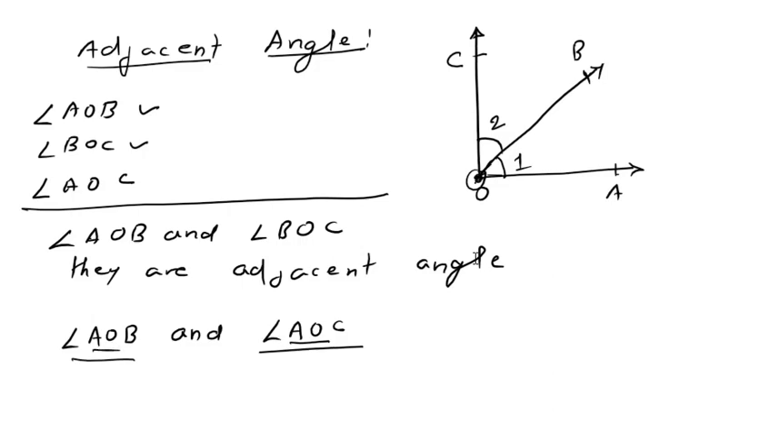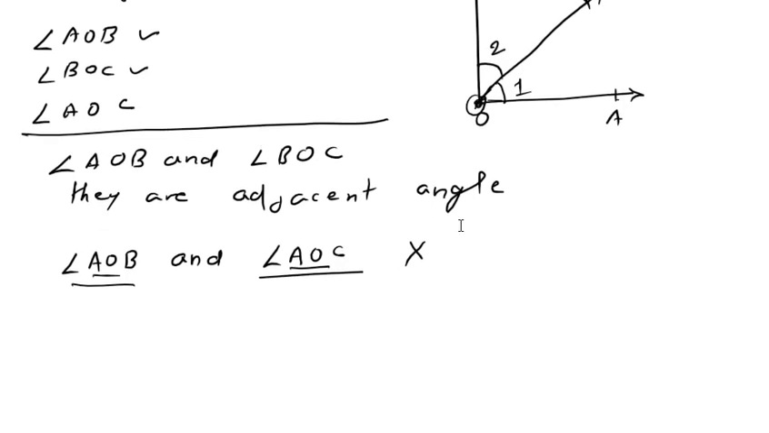But the other two arms are on the same side, they are not on the opposite side of the common arm. So therefore angle AOB and angle AOC are not adjacent angles. Okay. Now one more thing, that the sum of these two adjacent angles,